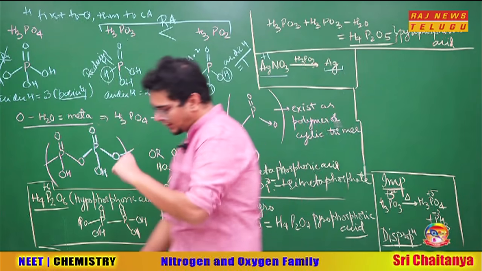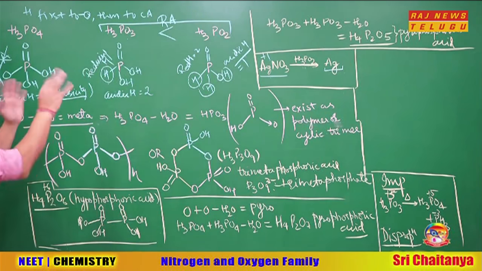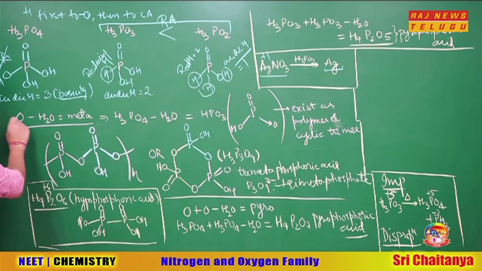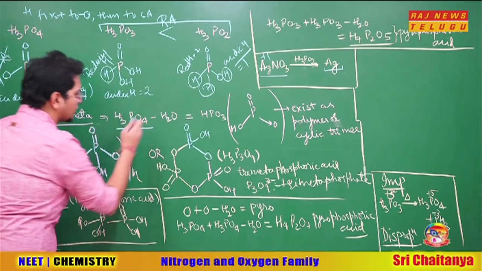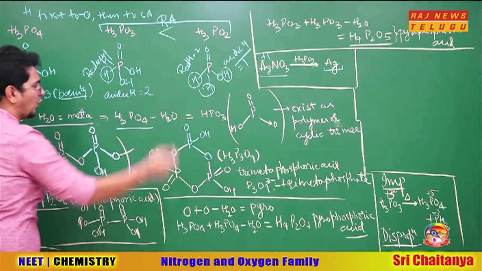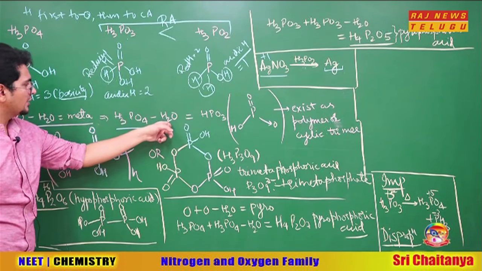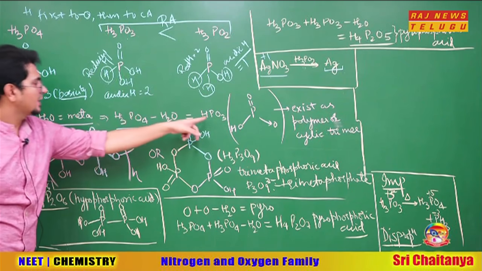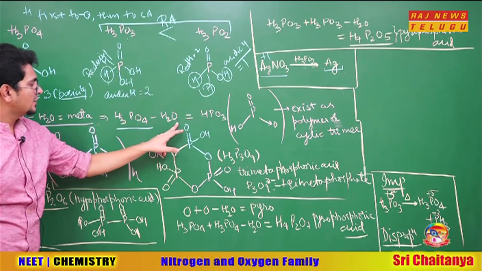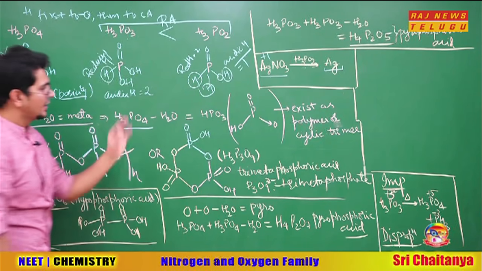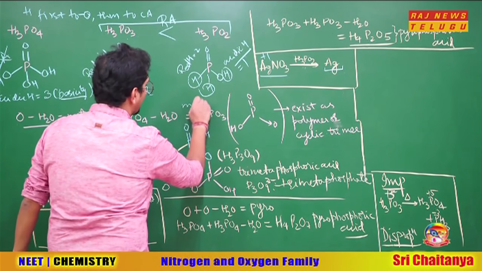Let's go ahead. Next part, if your structures are clear here, is the meta acid. Ortho acid we have read in the previous part. Ortho acid minus water is meta acid. To understand, for example, ortho acid H3PO4 I have taken. I subtract water from there, simple A minus B. So 3 minus 2 hydrogen, 1 left. Phosphorus comes as it is. 4 minus 1 oxygen, 3 comes. So HPO3, this will be known as